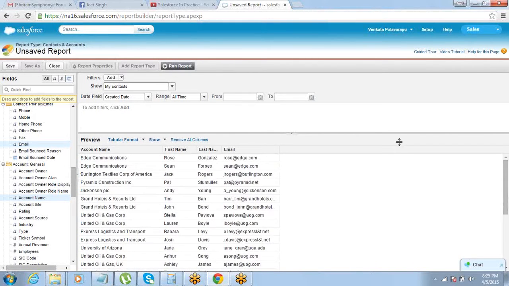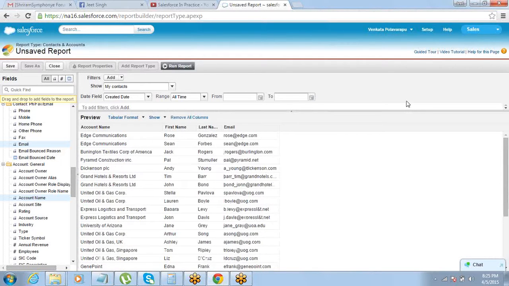Now, let's say my manager asks me how many contacts we have from each of these accounts. Like for Edge Communication, I have 2. For Grand Hotel, I have 2. For United Oil and Gas Singapore, I have 2. So which account, how many contacts do I have? The simple answer should be a summary report. Make it a summary format.